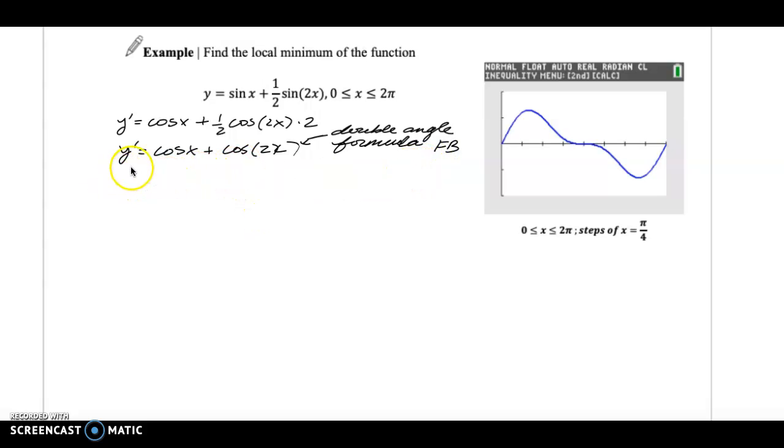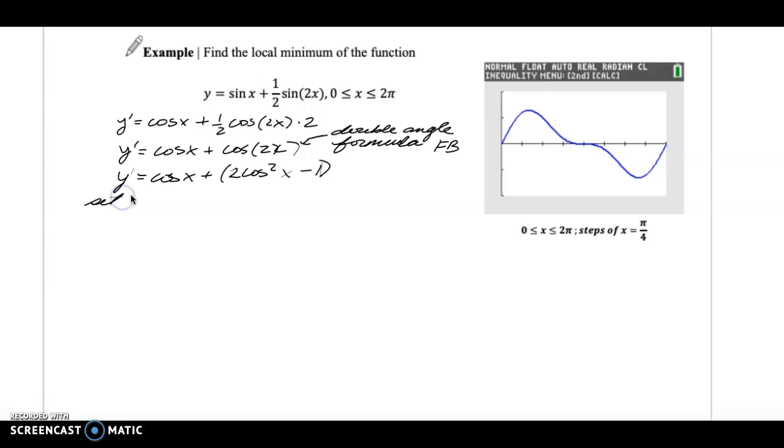So what am I going to do with this? Well, this is y prime is equal to cos x. I'm going to use it to my advantage because we're going to use the first derivative test here. So there is a formula booklet, so you can check it. You would actually get 2. So the cos 2x is actually equal to 2 cos squared x, I think it's minus 1. Yeah, minus 1. And of course, we're going to